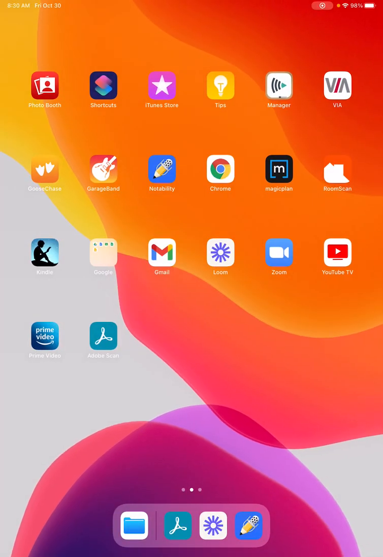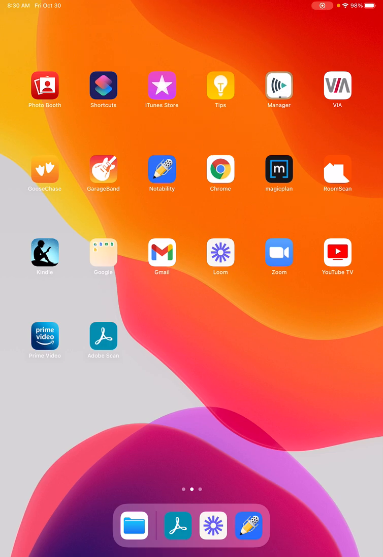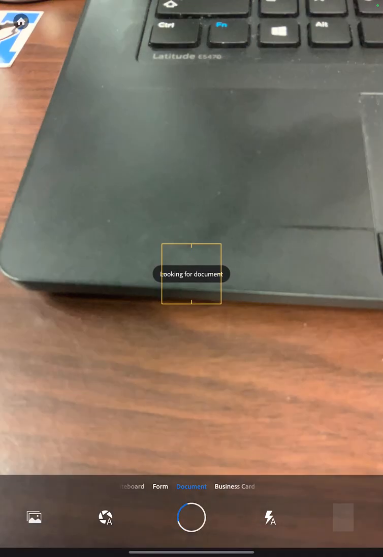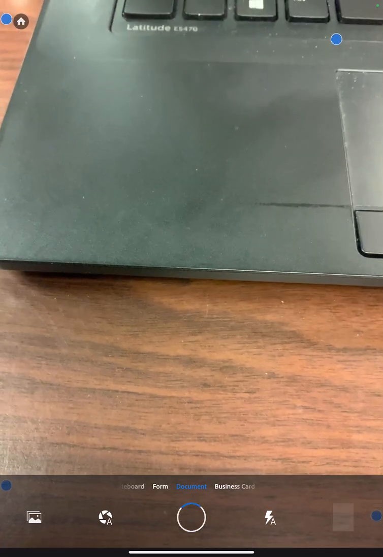All right, everybody. So I want to take just a few moments to show us one more time how to submit homework to the Google Classroom. So the app that I'm using is Adobe Scan, and it's down in the bottom right corner of my app screen here. So I'm going to click that and open it up, and that's going to automatically open up my